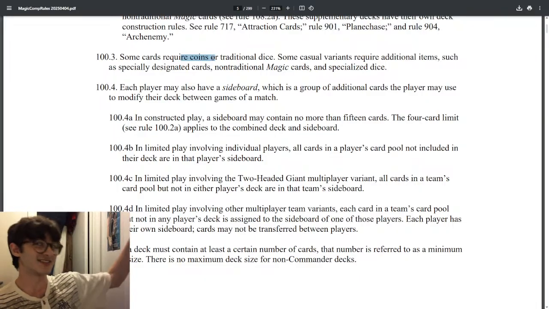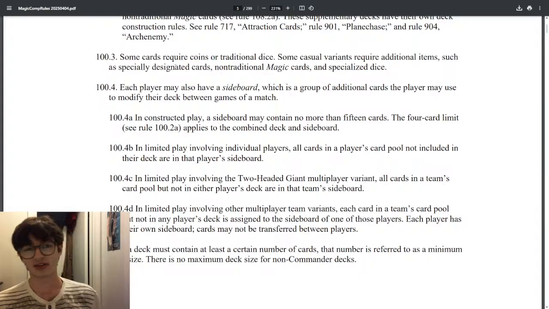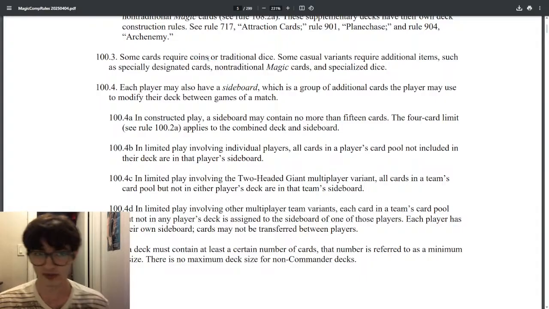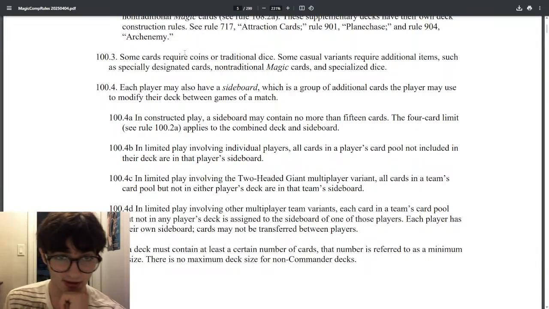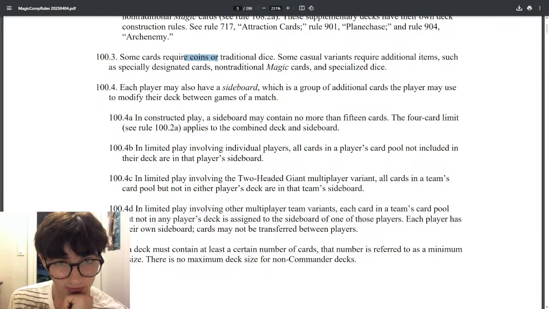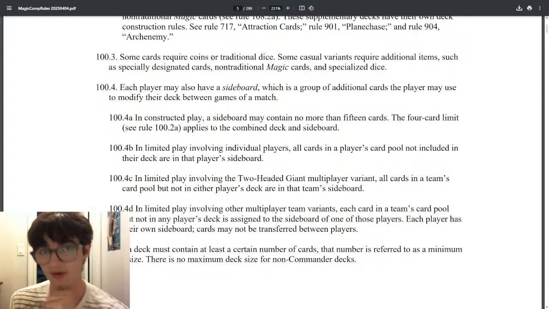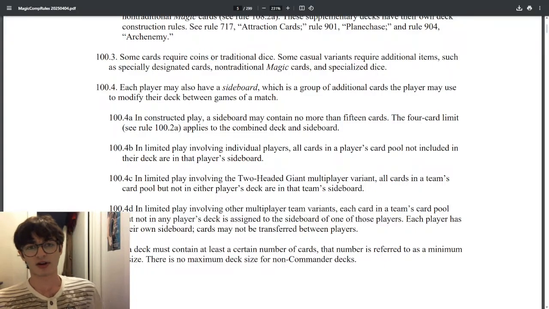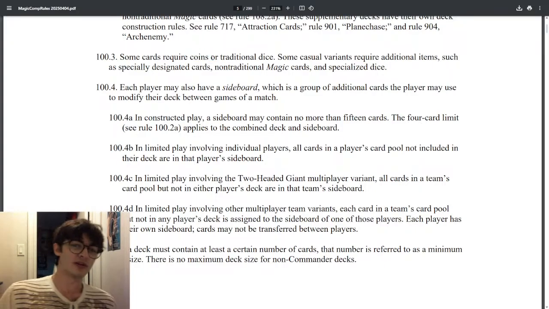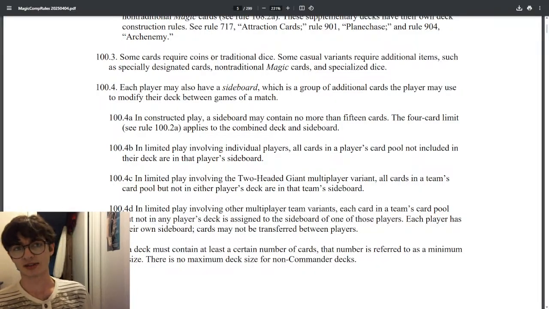Your opponent gets a judge over there and tells you, sir, or ma'am, or Dark Lord, we require a die for this, actually, or a coin for this specific effect. They're not going to say, oh, we're giving you a warning for that, buddy. No, because that's stupid.